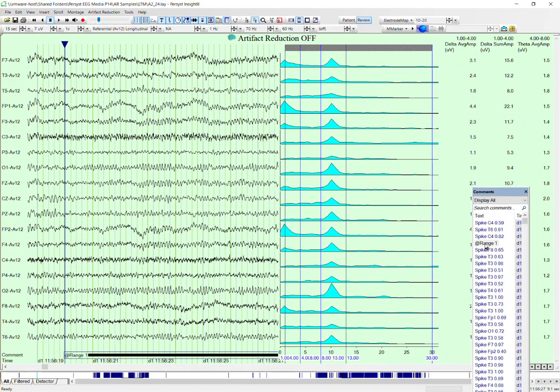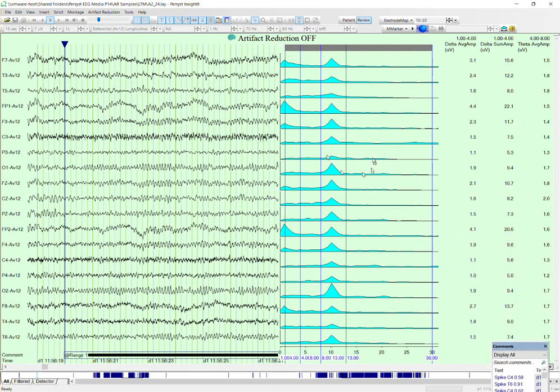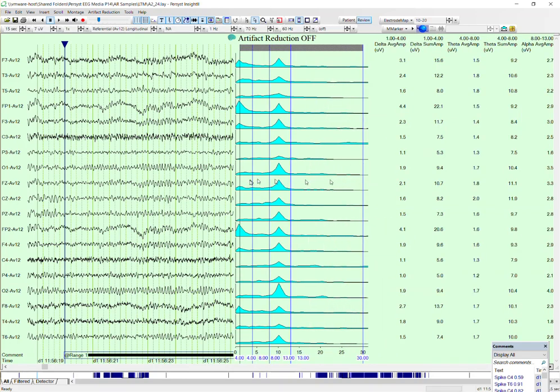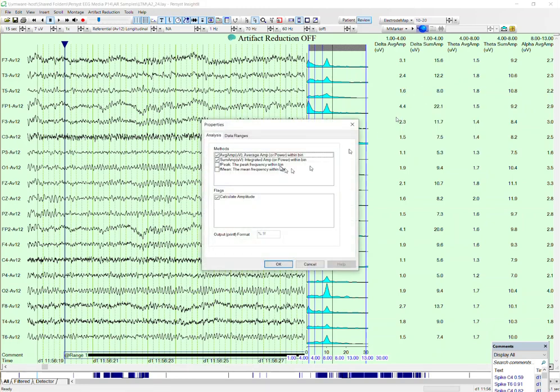Here's my comment list. I'm using range 1, so even if I'm making that EEG window a bit smaller, it's not going to change what's being measured. So I'm going to move this over a little bit so I can size things the way I like. And I'm showing average and sum amp, but what I really want is something different. So I'm going to right-click on this and click Properties, and I want the peak frequency and the average amplitude,